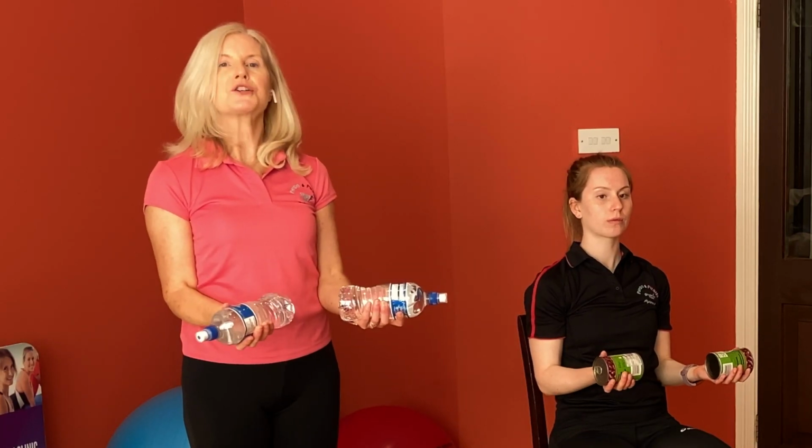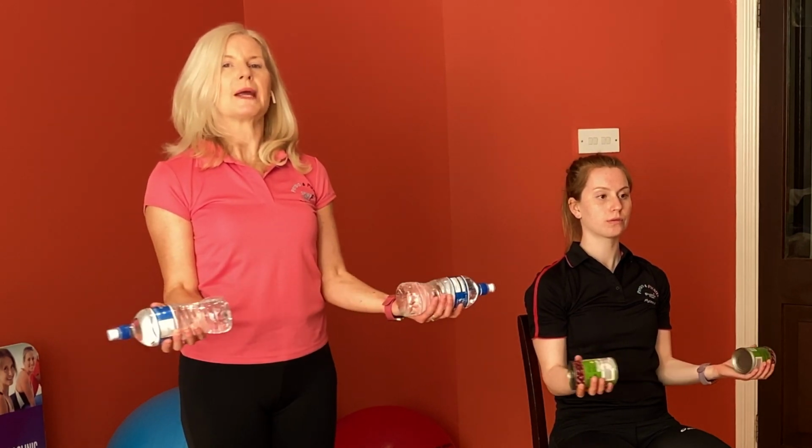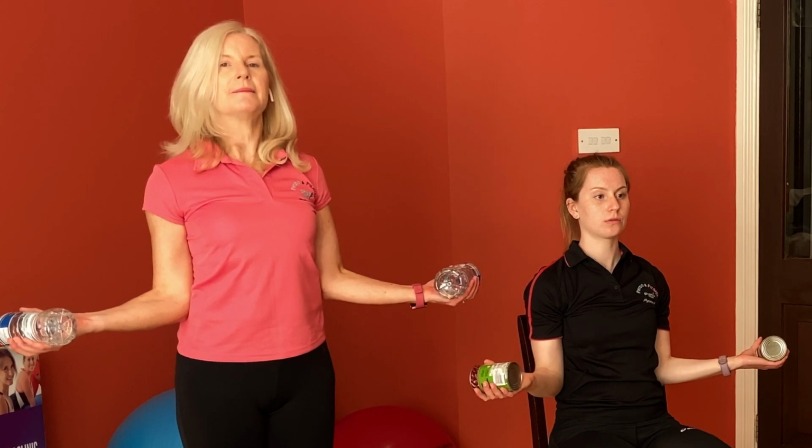You can do all these exercises with or without weights. The next one, we're going to have the option of using weights or without as well. It's called the dumb waiter. It's very good for improving your posture. All right, so you keep your chest up, you lengthen up to the top of your head, and we're holding the weights. Our elbows are tucked into our sides, and we're going to bring the weights out to the side